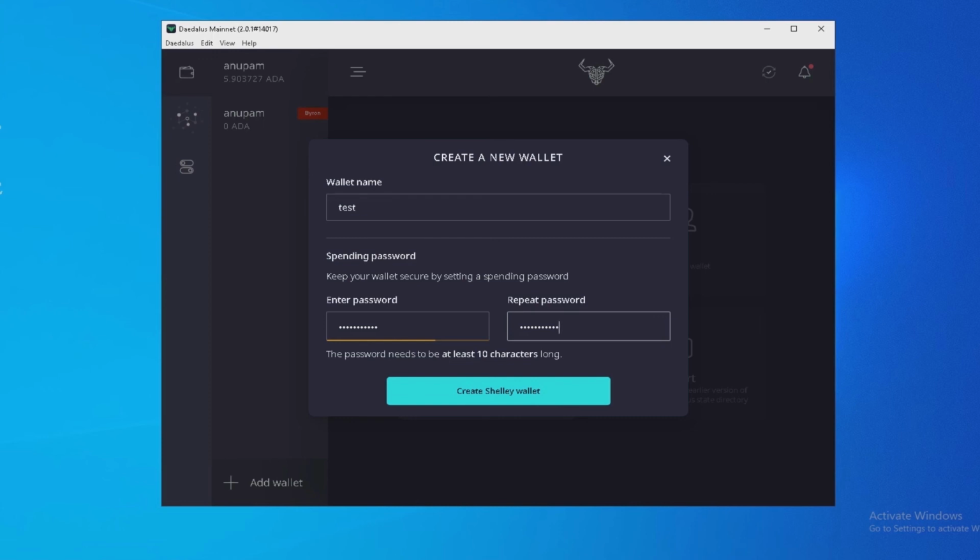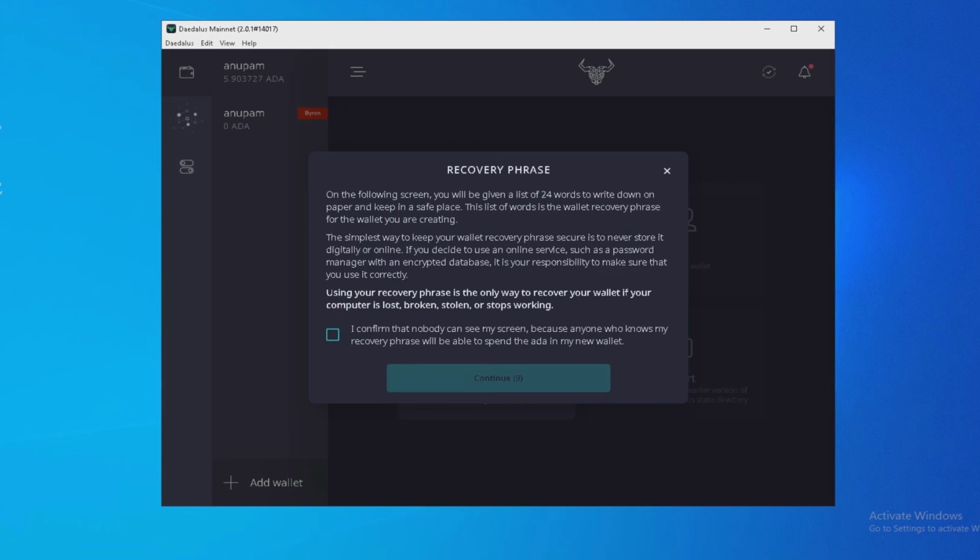You will have to note down this 24 word seed phrase somewhere offline, meaning on paper you write it down to keep it secure, and it is the only way of getting back your account if you forget your login and password. So keep it secure.